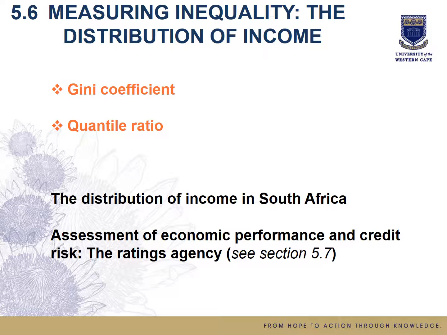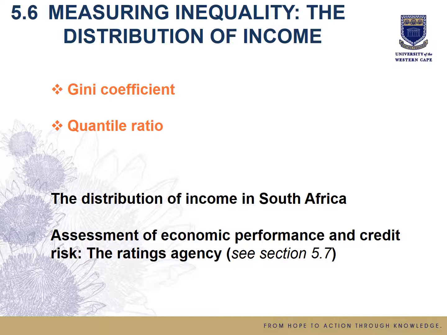The South African Gini coefficient in 2014 was reported to be 0.67, reflecting a very high level of income inequality. This high level of income inequality is accompanied by the high level of unemployment in South Africa. These two are probably the most serious social, political, and economic problems the South African economy faces.